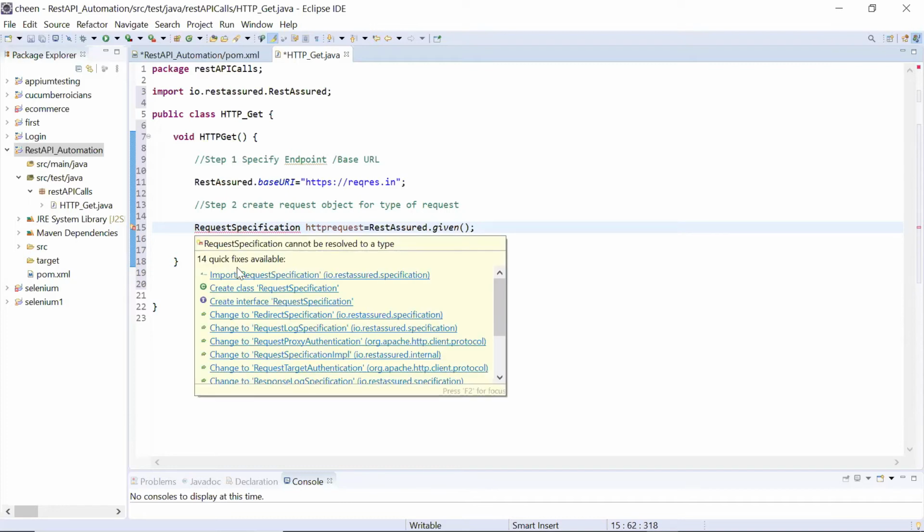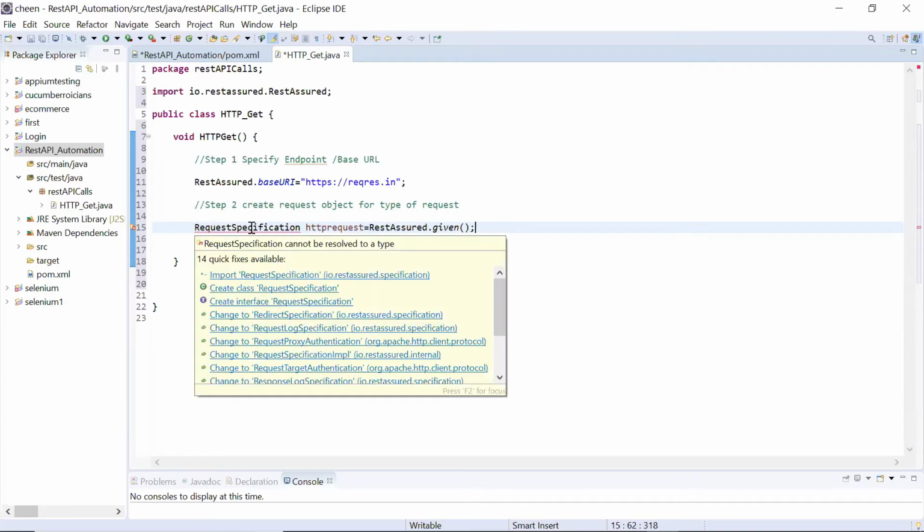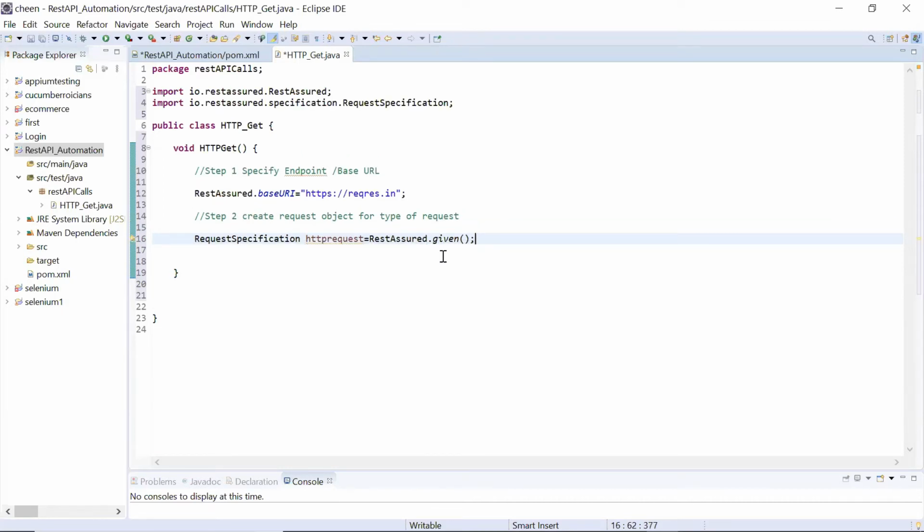Here you can import it. If you're getting a red line beneath RequestSpecification, please import it. So RestAssured dot given means it will fetch the request and store it in this particular object or variable. So whatever request we fetch will be stored in this particular variable.